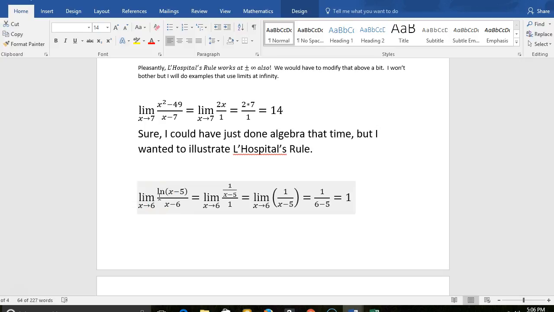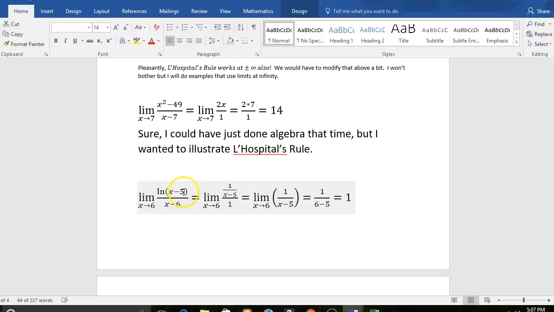Algebra, I can't do algebra anymore. Limit as x goes to 6 of the ln of x minus 5 over x minus 6. Guys, if I plug 6 in directly, I would get ln 1 over 0. That would be 0 over 0. I can't do that. So if I derive just the top guy by himself with respect to x,